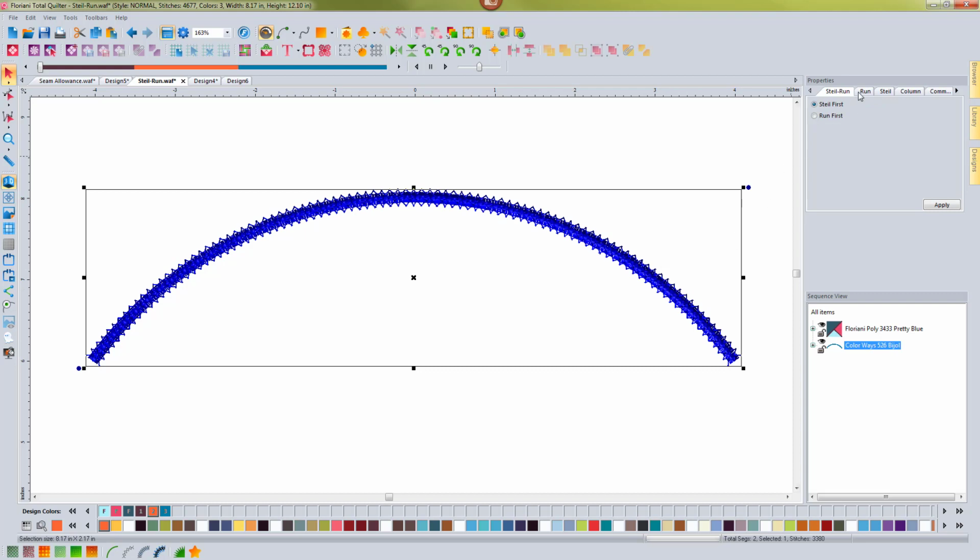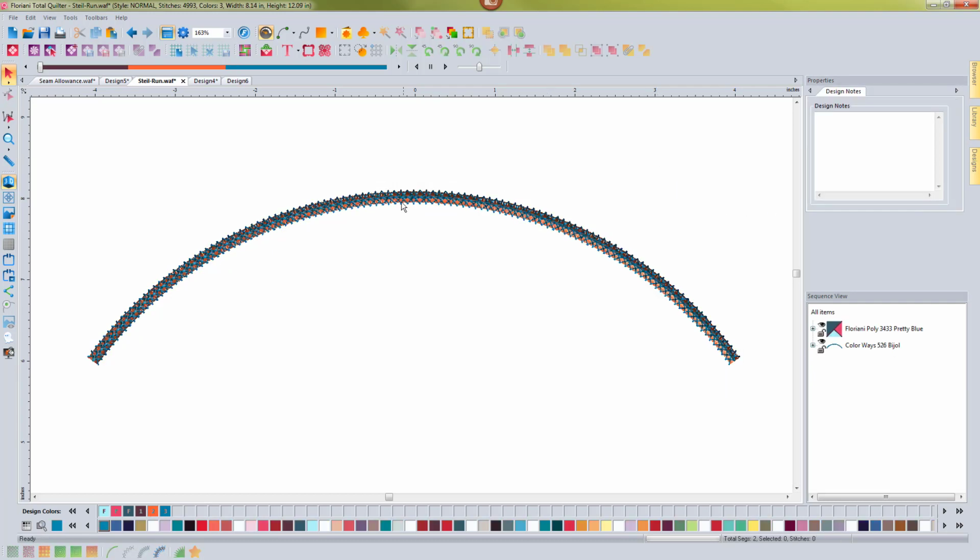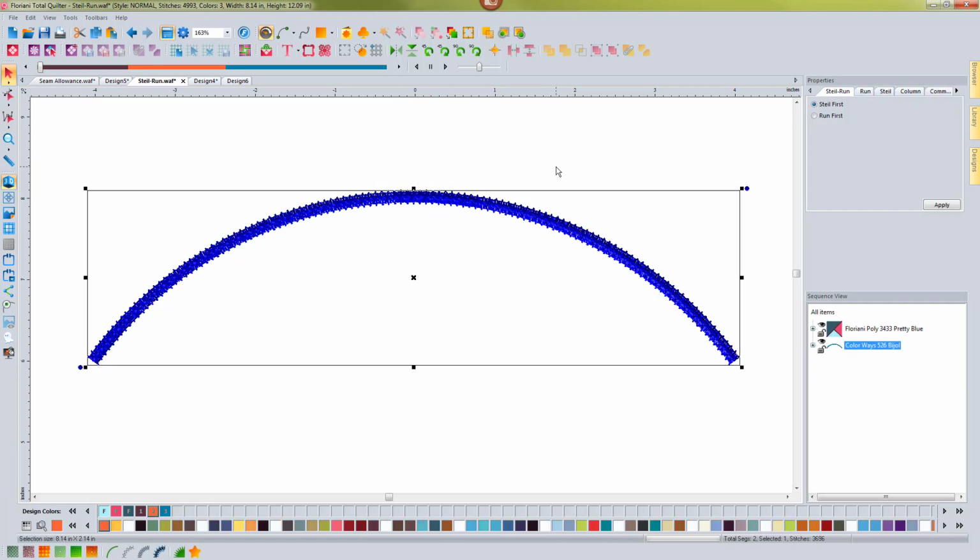And I can control the steel stitch as well. I can make it a larger pattern if I wanted to and keep the steel the same size, or I could even make it a smaller pattern size and it will make it smaller. It's a lot of fun because you can do a lot of different things with this. There's another video that shows all the different motif styles that we've added, and you can utilize those motif styles